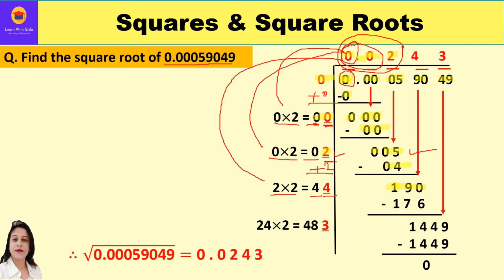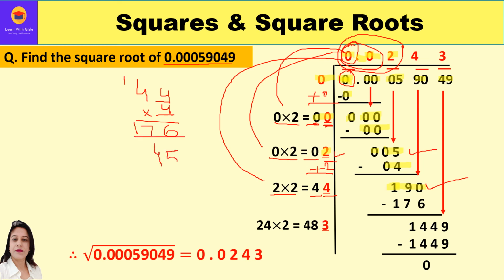Keep a blank over here. We have to think of a number. What will come over here in this blank so that we multiply by the same number to get a number which is equal to or less than 190. So suppose I try with 4 over here. Let me see what is coming. So it is coming 176.